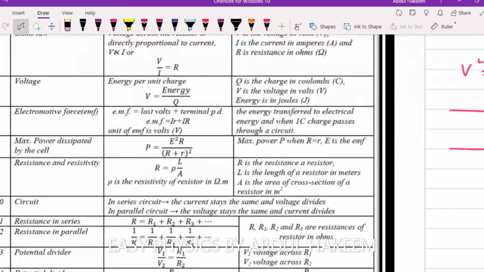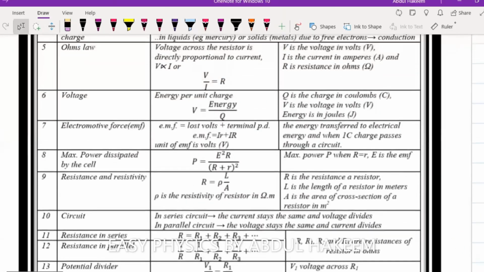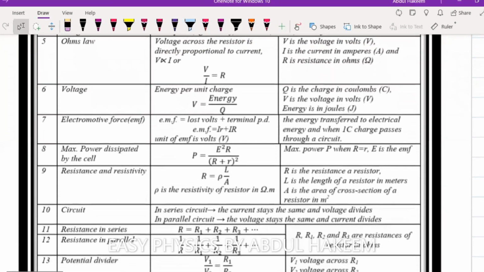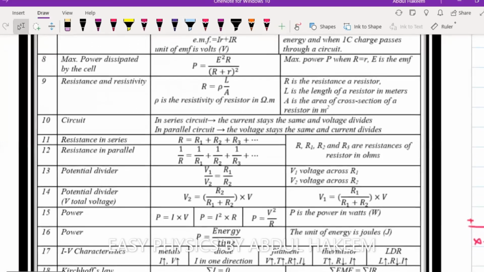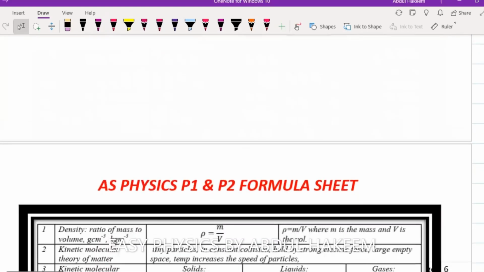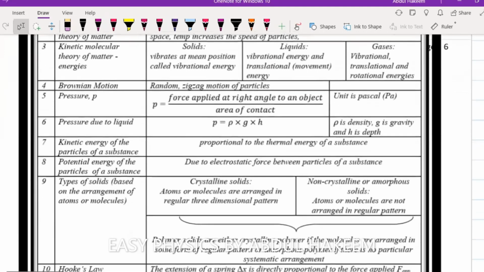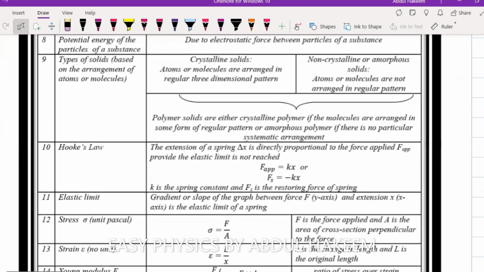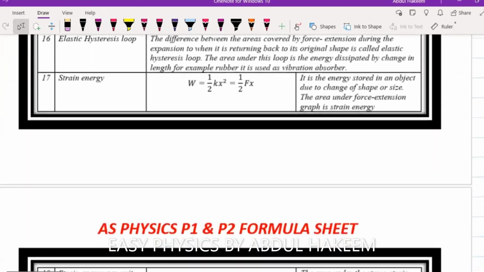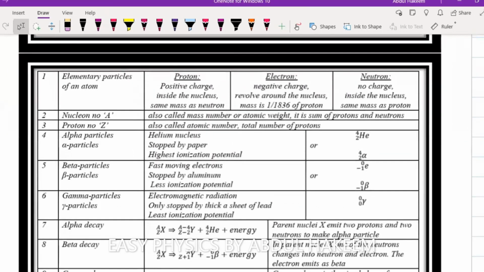Next is the electric current. Potential difference, Ohm's law, energy, power, Kirchhoff laws, and then density, pressure, kinetic energy, potential energy, then deformation, formula, then Young modulus, strain energy, and then radioactivity,